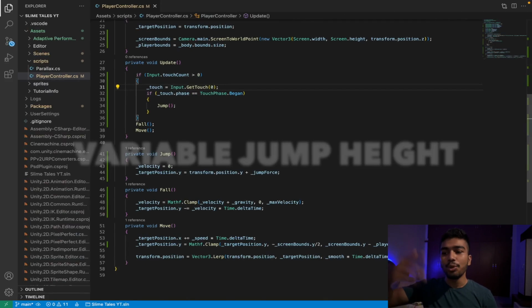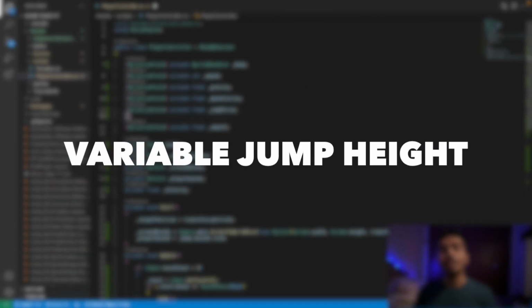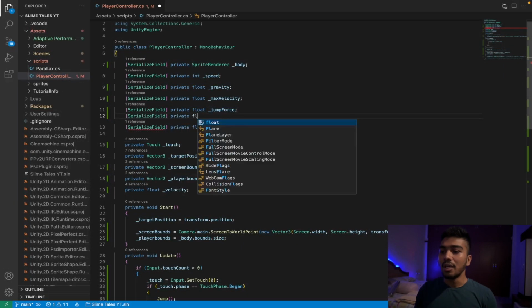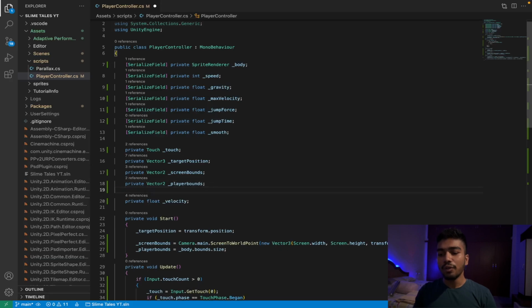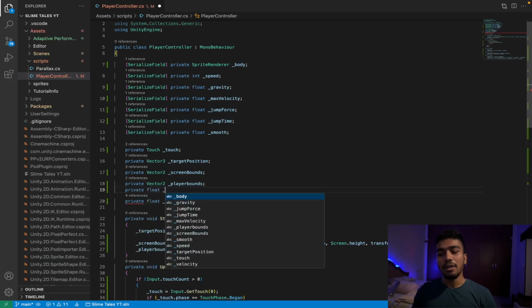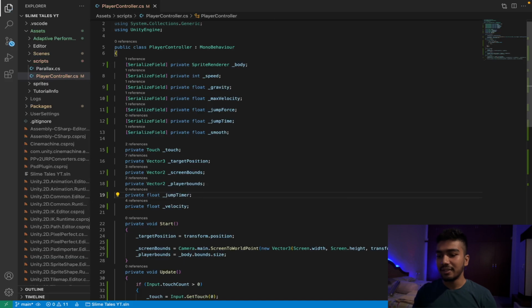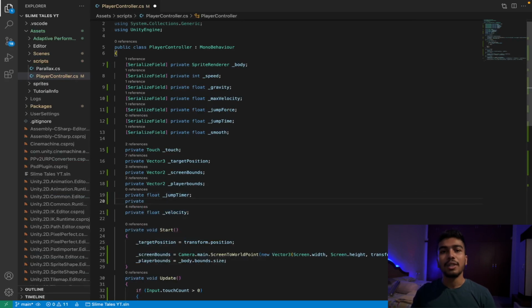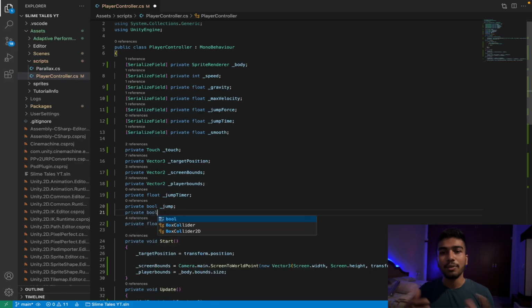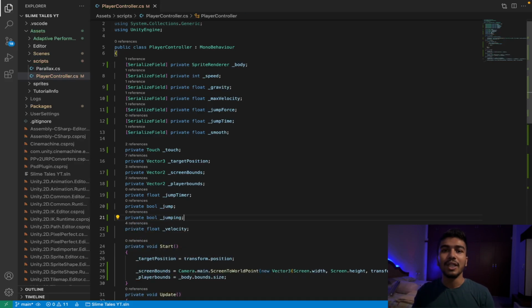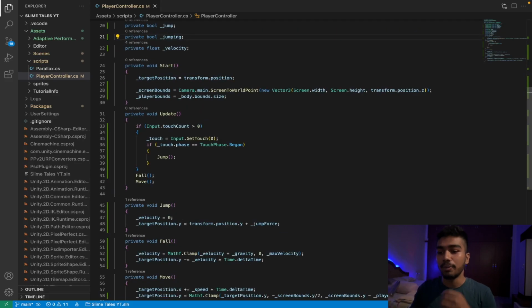So we want the jump to have variable jump height depending on how long the player holds the touch. So I'm going to create a new variable for jump time, one more for the jump timer, and one more for, let's call it jump, so that we have a boolean value for whether the player has jumped or not, and one more for jumping to check if the player is currently in the middle of a jump or not. So instead of calling jump from the update function, I'm just going to declare the jump boolean to true, and